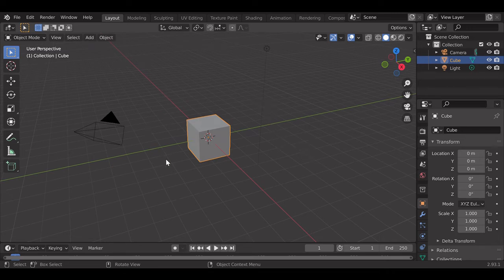So this video is going to be split into three parts. In the first part, I'm going to be teaching you how you can download and set up an HDRI. In the second part, I'm going to be teaching you how you can make your objects look more realistic and place them inside the HDRI that you have downloaded, so you can achieve photorealism using that. And in the third part, I'm going to be teaching you how you can customize your HDRI and how you can change the scale and the colors of your HDRI to your own liking. So without any further ado, let's get into it.